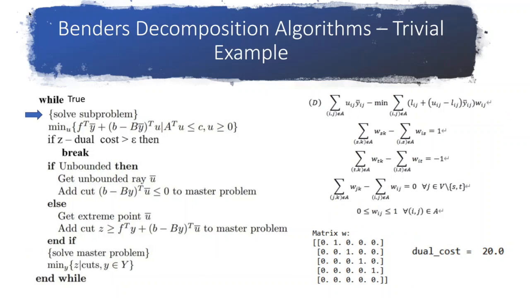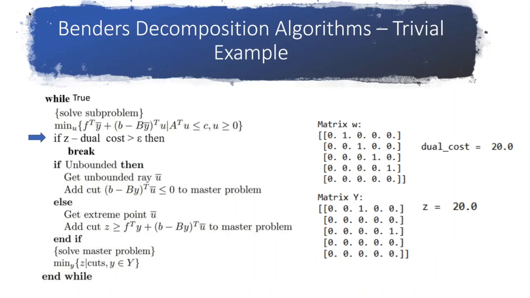Now we are in the third iteration of the subproblem, and the subproblem was solved again. We see that there is no change in the solution compared to the last iteration. Now we ask ourselves if z is larger or equal to the dual cost. Finally, they are equal to each other, and we can exit the loop. The scenario described by matrix Y is the optimal decision variables of the robust shortest path, and the corresponding Z